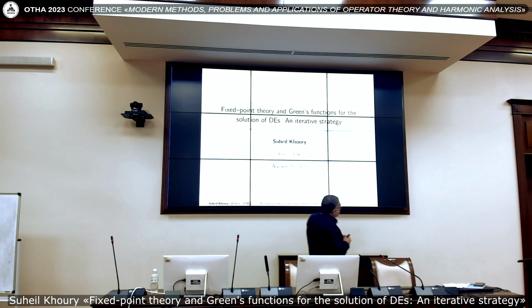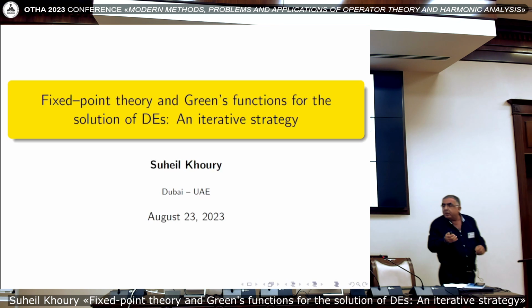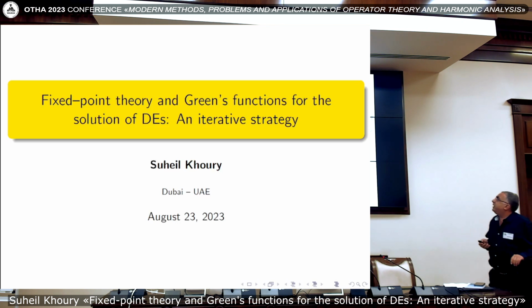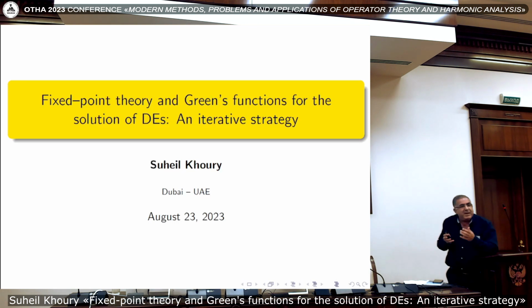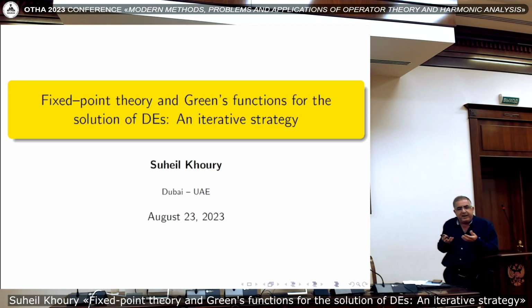So here is the title of the talk: Fixed point theory and Green's function for the solution of differential equations and iterative strategy. It's basically iterative methods in numerical analysis. From my experience over the past years working with students at my former institution, which is the American University of Sharjah, in the suburbs of Dubai,